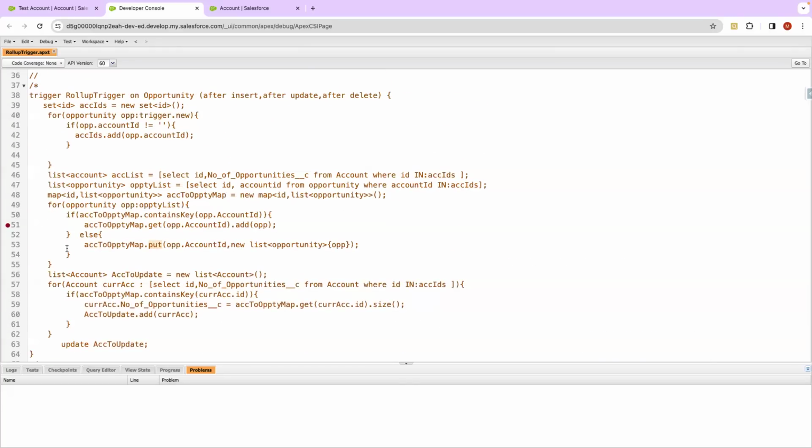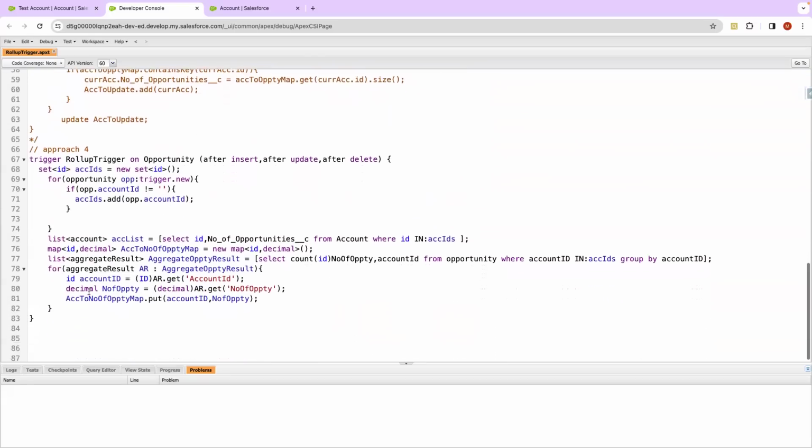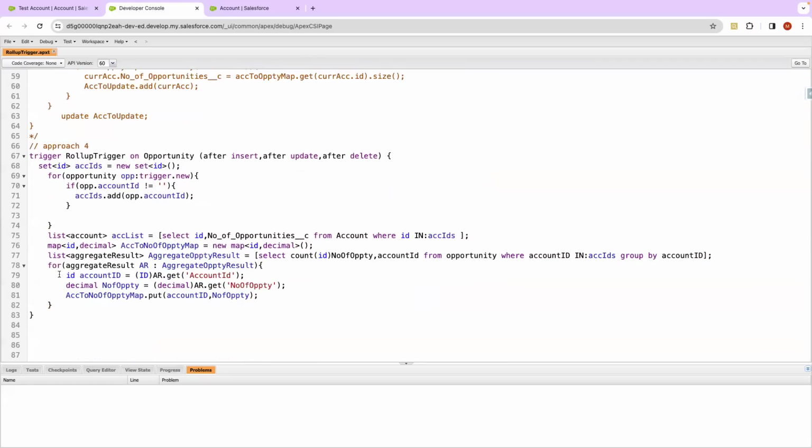कि इफ है एल्स है, वो नहीं करना पड़ा। गेटिंग माय पॉइंट, यहाँ पे हम लोग अपॉर्चुनिटी पे लूप चला रहे थे इसलिए हमें ये करना पड़ रहा था। यहाँ पे हमने एग्रीगेट रिजल्ट पे चलाया तो हमें यहाँ पे इफ एल्स कुछ भी नहीं करना पड़ा, डायरेक्टली मैप में पुट करना पड़ा, क्योंकि एवरी एंट्री यूनिक है इसमें। तो हमें यहाँ ये नहीं चेक करना पड़ा कि हम ऑलरेडी उस अपॉर्चुनिटी पे आइटरेट कर चुके हैं तो हम लोग गेट करें, अगर नहीं करा है तो पुट करें, वो नहीं करना पड़ा।